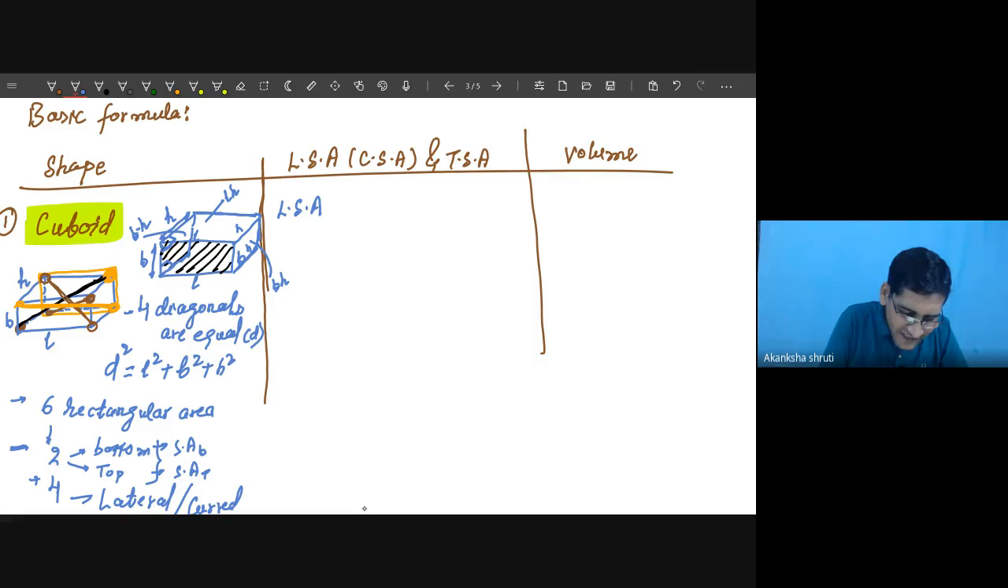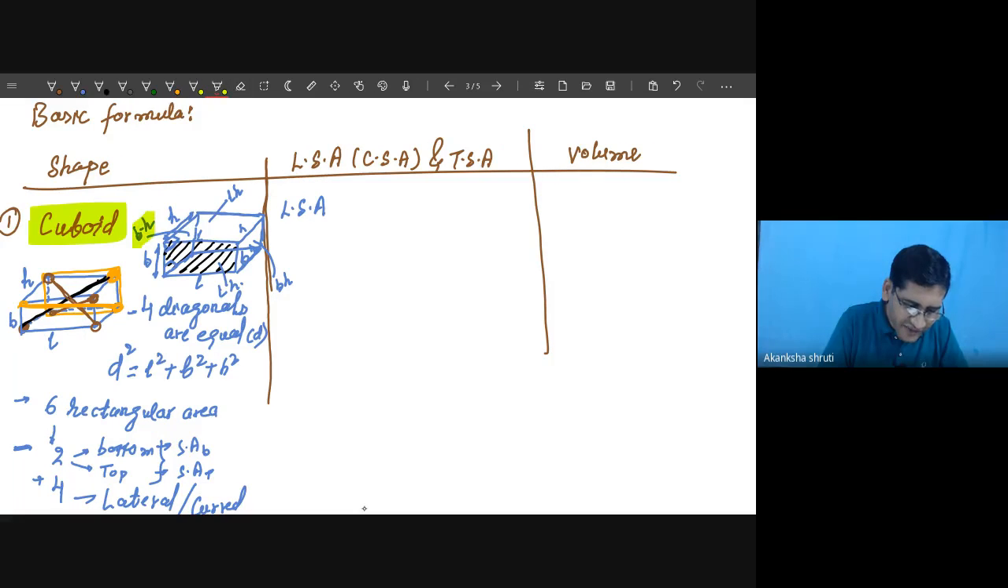And what is left, one more is there. It is this one. This is also our L into H. So these are the four surface areas that we are getting if the ceiling and bottom are not considered. So considering these four, we can get the